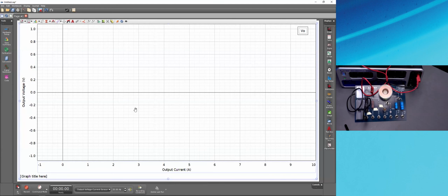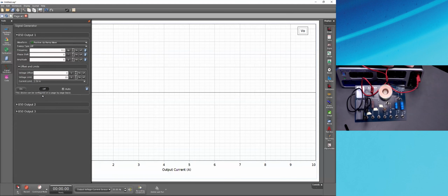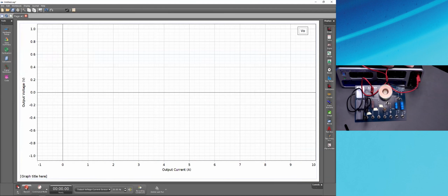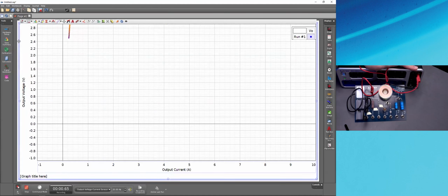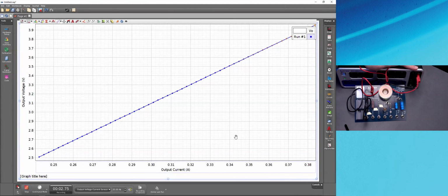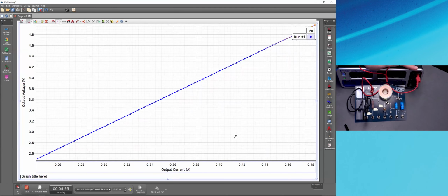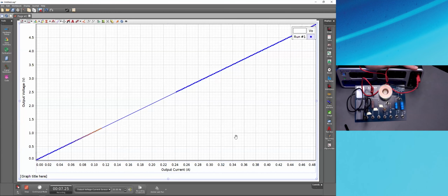A little bit backwards, but we'll see why in a little bit. And now, because I have my signal generator set to auto, as soon as I hit record, we should be able to see the voltage and current across the light bulb being recorded by the built-in output sensors. So I'll hit record, scale to fit. There we can see it increasing, voltage and current. Go back to 0, and we'll let it do a full cycle here, which will take about 10 seconds, and